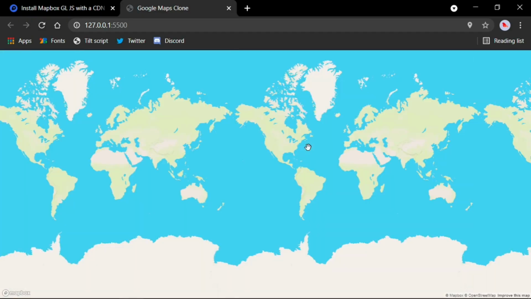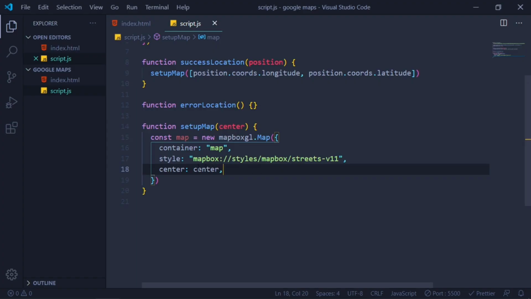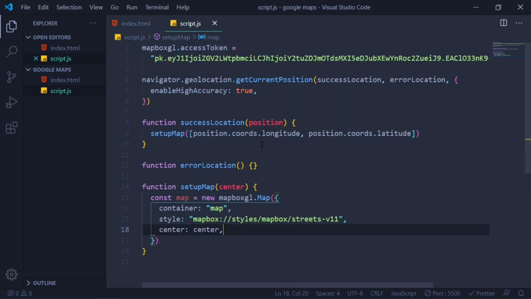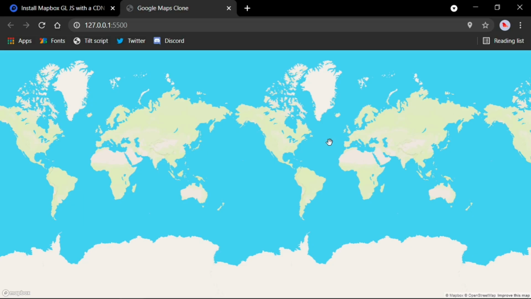So if you come here, so this center is just an array of our location, meaning our longitude and latitude. Okay, so what is this?